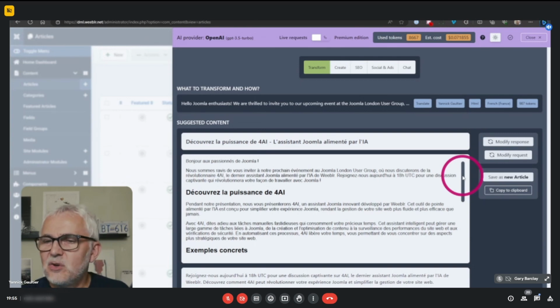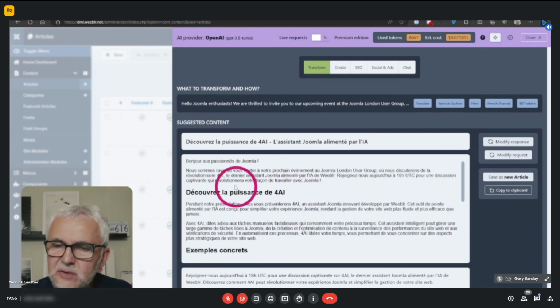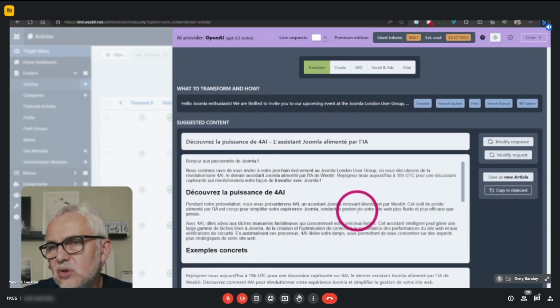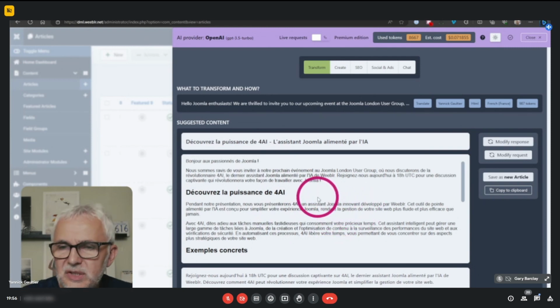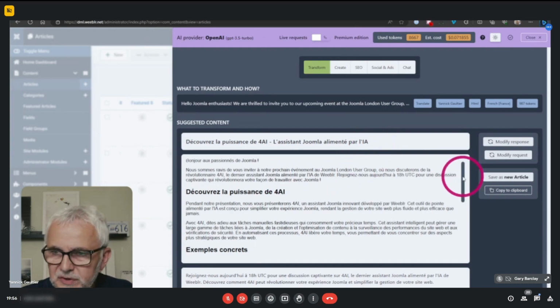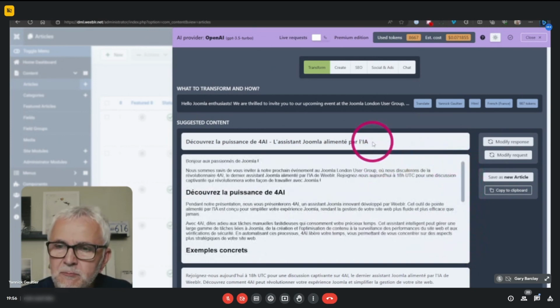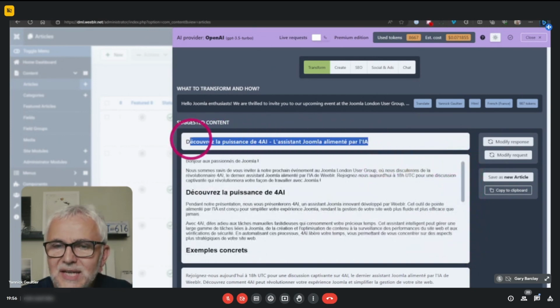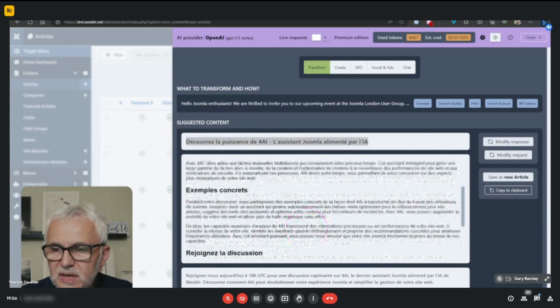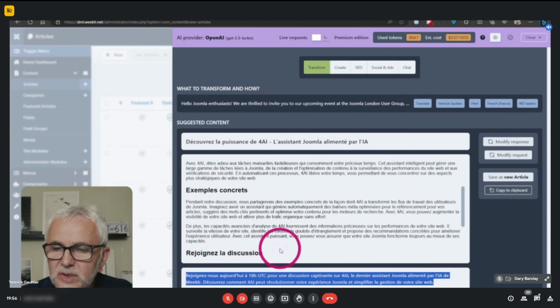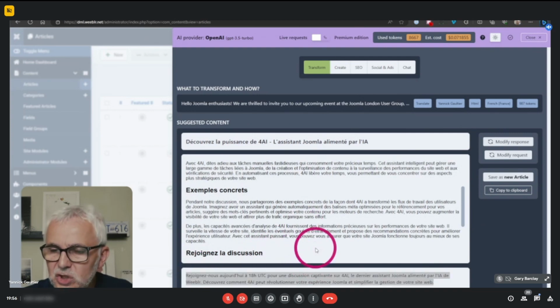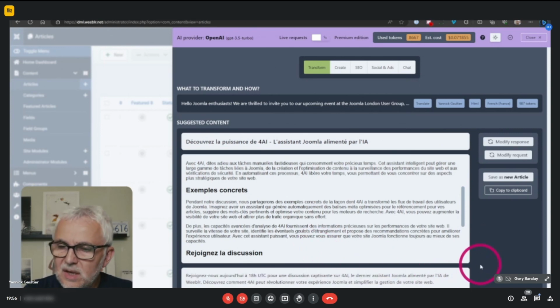Anyway, so you can see the translation, and you can see 2 things that Fourier has done for you here. You asked for translating a text, but because it assumes that you're going to be creating a new article based on that, it first translated the text, and then at the same time asked the AI to write a title for the translated text and write a description for the translated text. That's not a translation of an existing title or description. It is a new title and a new description written based on the translation.